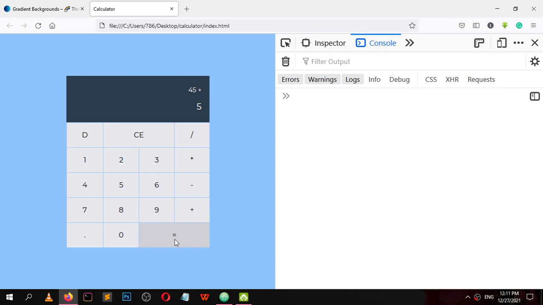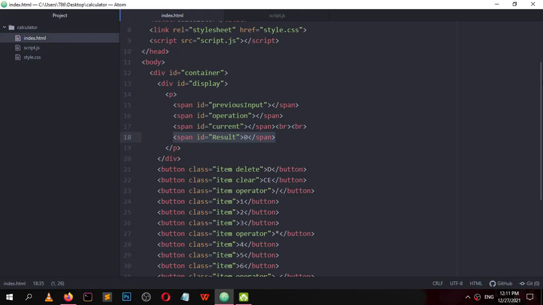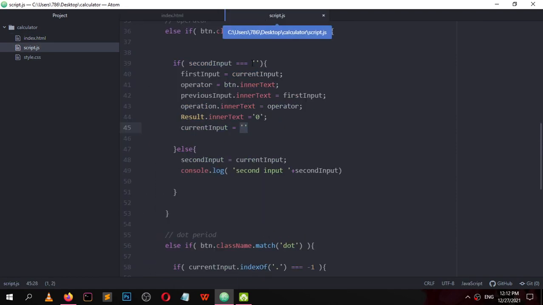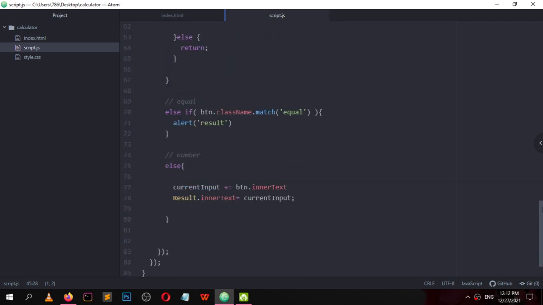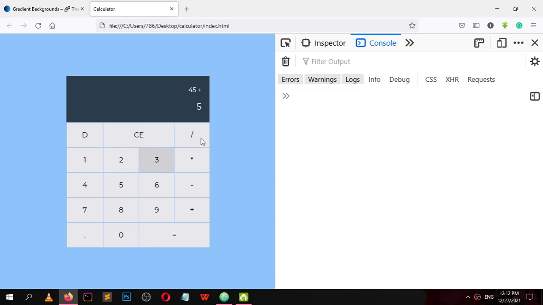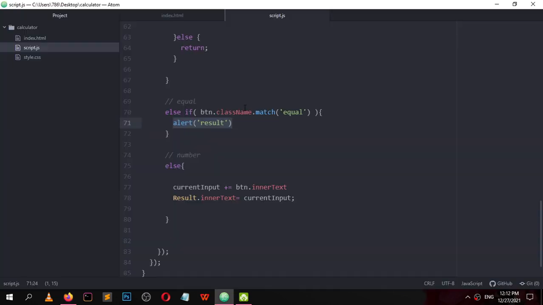Now it's time to build this. Whenever I hit equal, it shows the result. So go to equal in the script file, script.js. Where is the equal? This is the equal button. Whenever I hit equal, let me delete this, 1, 2, 3 plus 7 should be seen here, and 130 should be seen here.